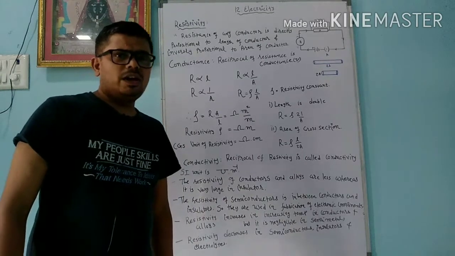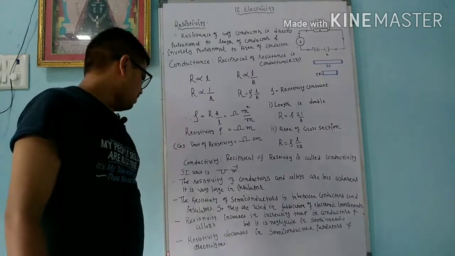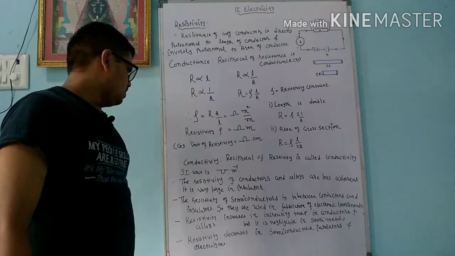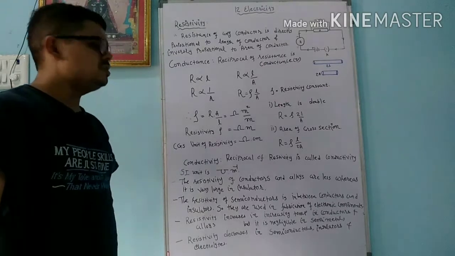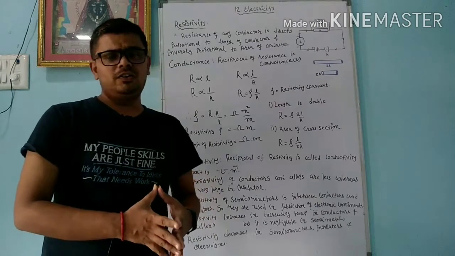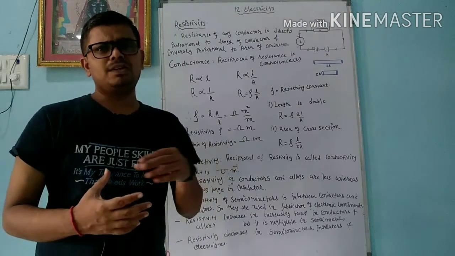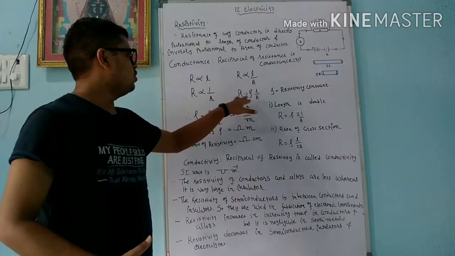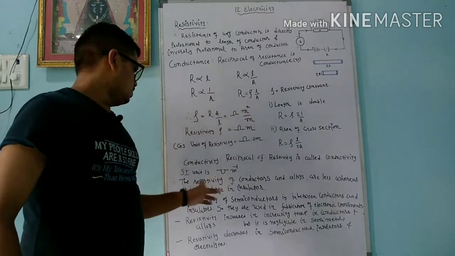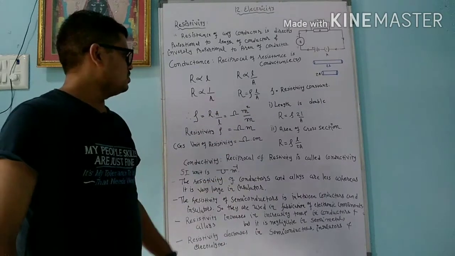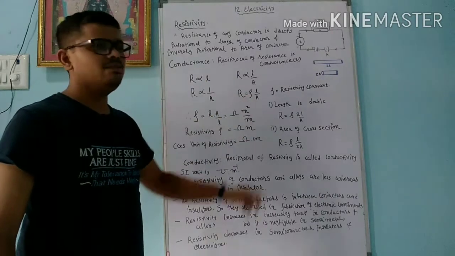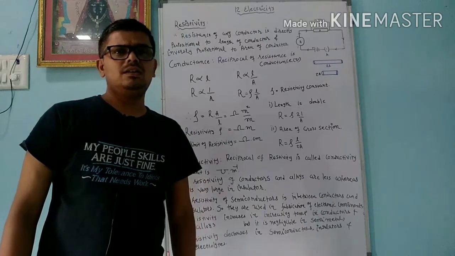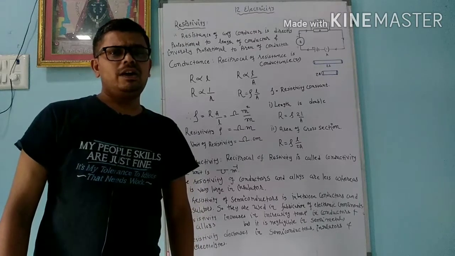Now we will check what happens under different conditions. The resistivity of conductors and alloys is less, whereas it is very large in insulators. The resistivity of conductors and alloys is less because they can pass electric current, so resistivity automatically decreases. There is a direct relation between resistance and resistivity. So conductors and alloys can pass electric current, so their conductance is more, and resistance and resistivity are less. Alloys, dear student, you know, are homogeneous mixtures of metal and non-metal, or metal and metal.